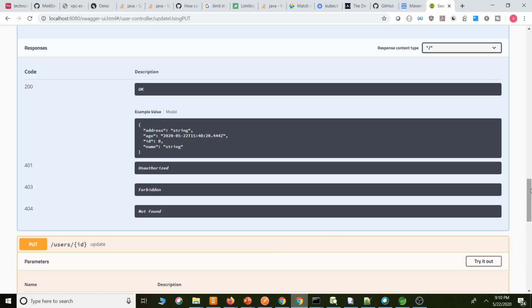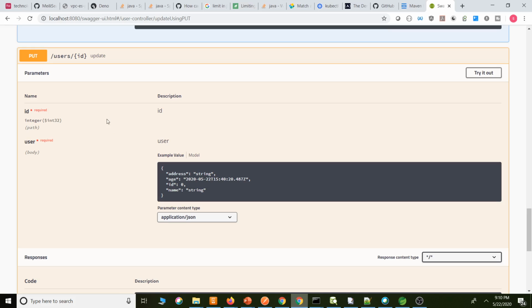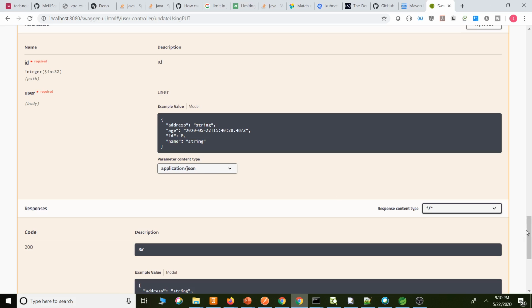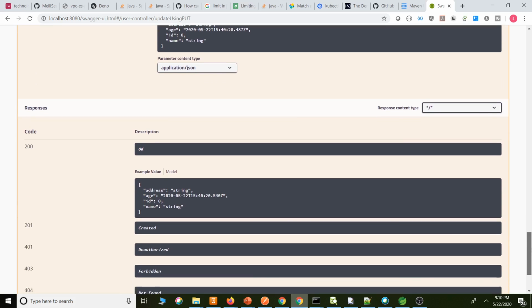For the put method also we need to pass the mandatory parameter ID, and we have to pass the user in the request body. You can see here the body, and the type is put. We have to pass the user model. Everything is application/JSON by default.